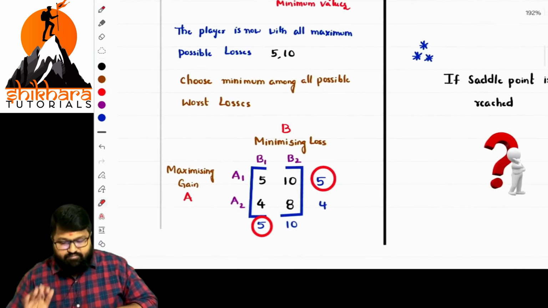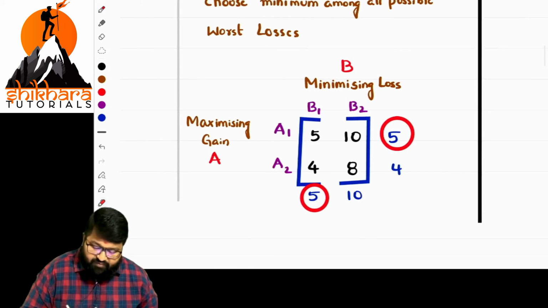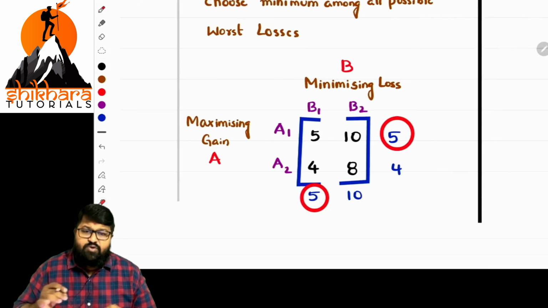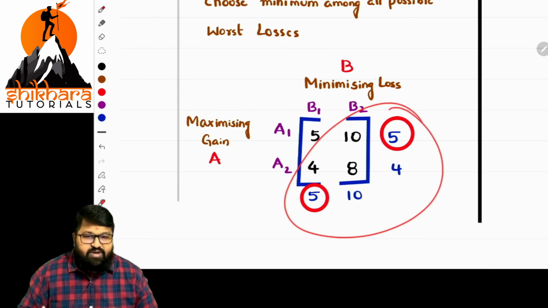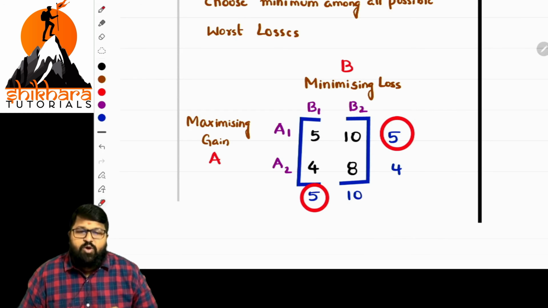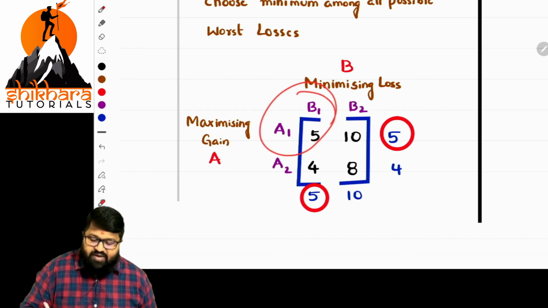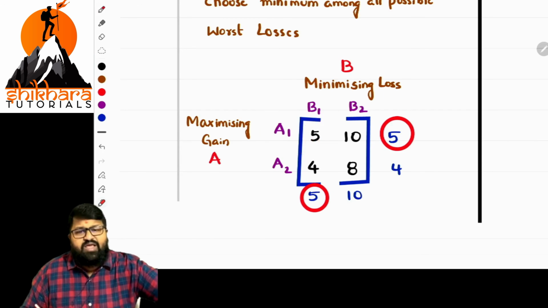What I said is fine, that you follow. Here we got the values. The most important point is that if minimax is equal to maximin, then we reach the saddle point. Is it getting equalized? Yes, it is getting equalized. So the value will be 5, and the strategy will be B1 and A1. That is the point there now, so that is A1, B1. Is it clear till now?